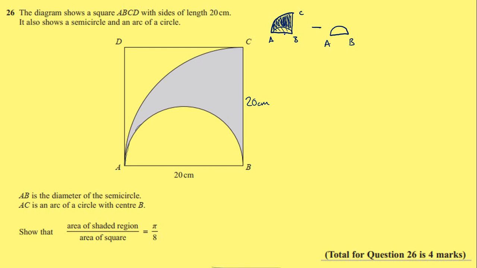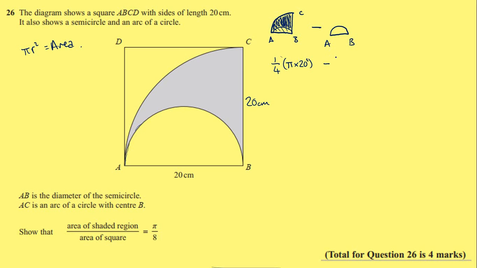So this here is 1/4 of a circle. Now remember, pi r squared sounds like area to me. So this is 1/4 of a big full circle, which is pi times r squared. What would the radius be of this circle? If we knew the whole entire circle, we would see that the radius is just this line here, which is 20. So we have 1/4 lots of pi times 20 squared, minus,